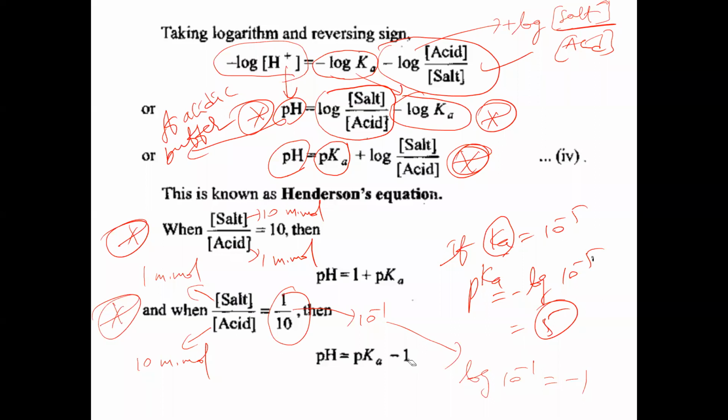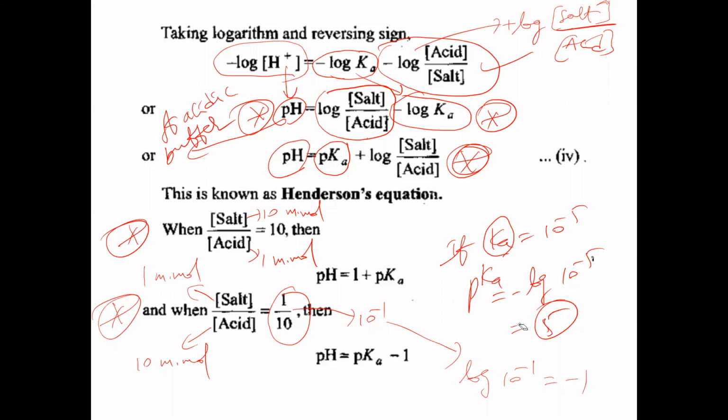Are you all getting the concept? Once please raise your hand. Did you understand the concept? If the pKa value of an acid is 5, by using this acid an acidic buffer solution can be prepared. That acidic buffer solution can have pH values from 4 to 6. Keep that point in mind.